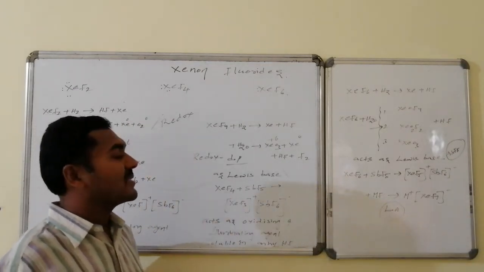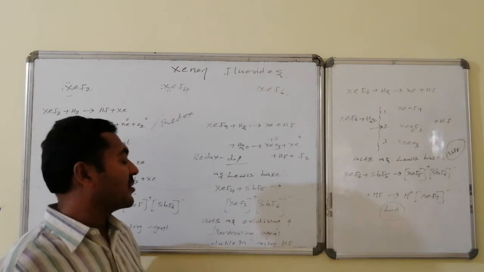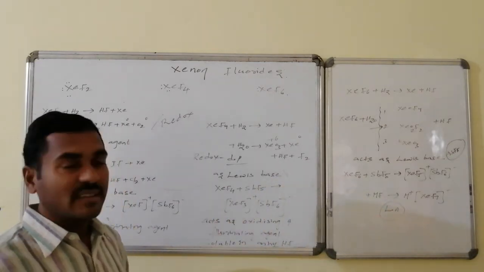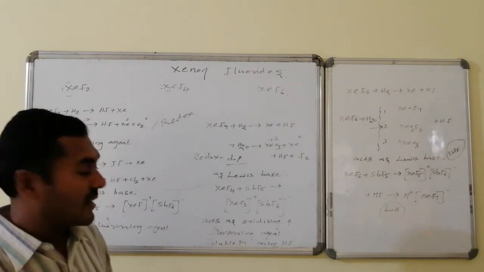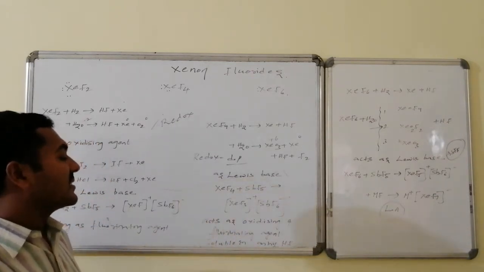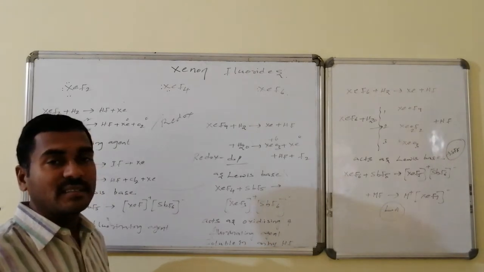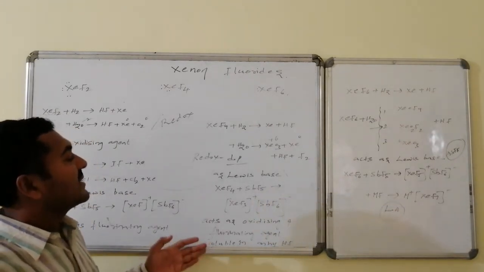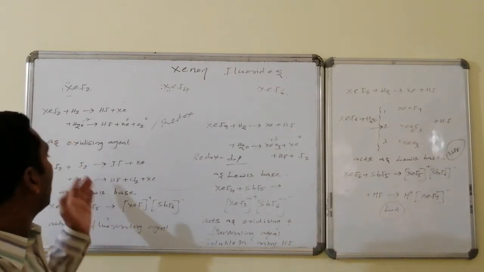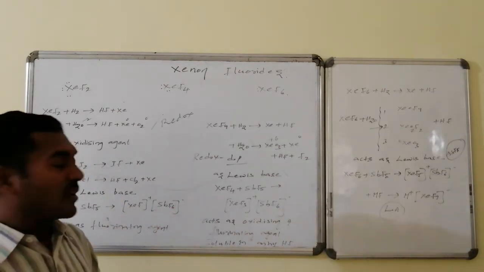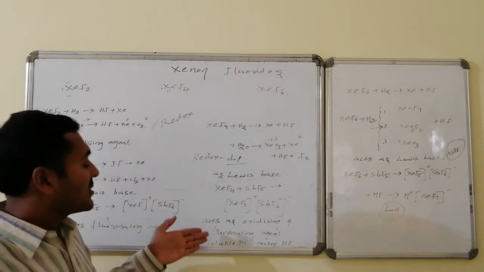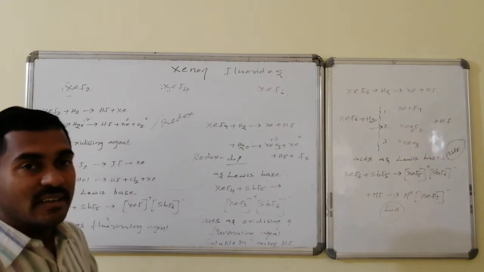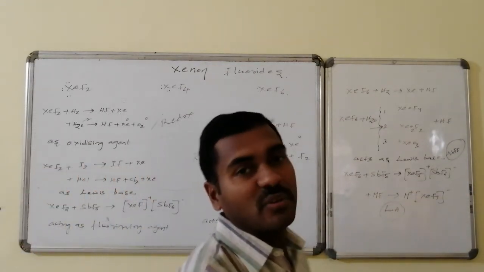It is also acting as a Lewis base on reaction with antimony pentafluoride. Xenon trifluoride and the antimony hexafluoride combination occurs and leads to the formation of an adduct, and it is also acting as oxidizing agent, fluorinating agent, and it is soluble in anhydrous hydrogen fluoride. It combines with iodine-like substances and leads to the formation of iodine fluorides, and also it makes other substances fluorides, as it is a fluorinating agent. It is also soluble in anhydrous hydrogen fluoride.